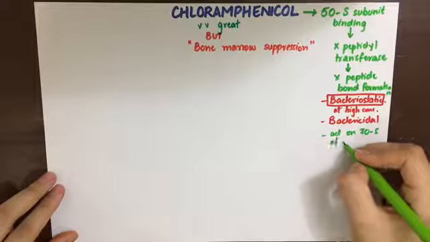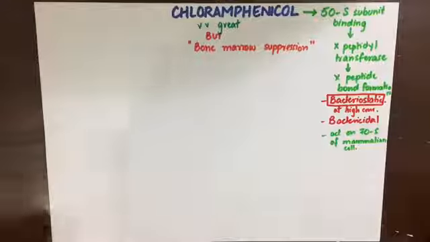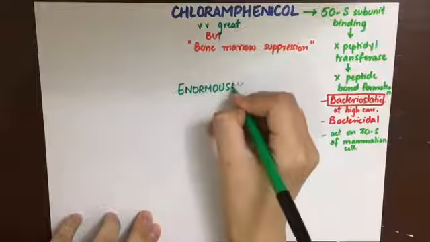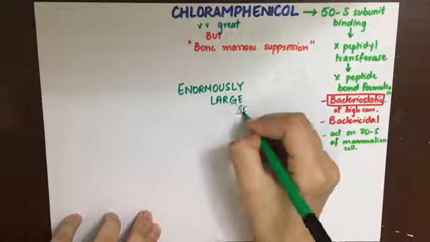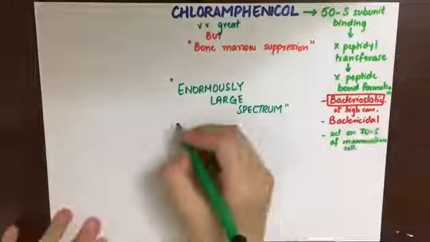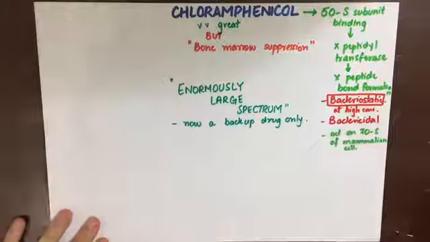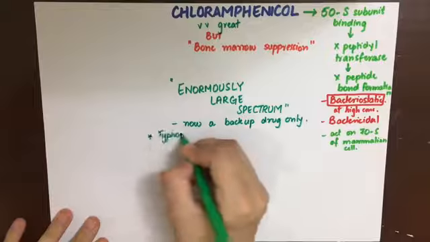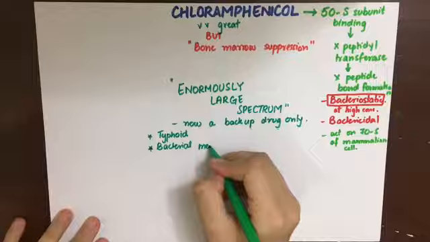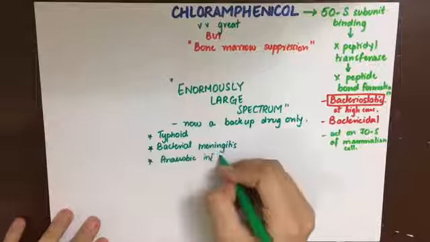Chloramphenicol can also act on the 70S subunit of the mammalian cell ribosome and thus inhibit mitochondrial protein synthesis as well. As I said, chloramphenicol has an enormously large spectrum. Now, it was used in the past for a lot of different diseases, but now it is only used as a backup drug for typhoid, bacterial meningitis, anaerobic infections like Bacteroides fragilis, and in those cases of rickettsia, which are